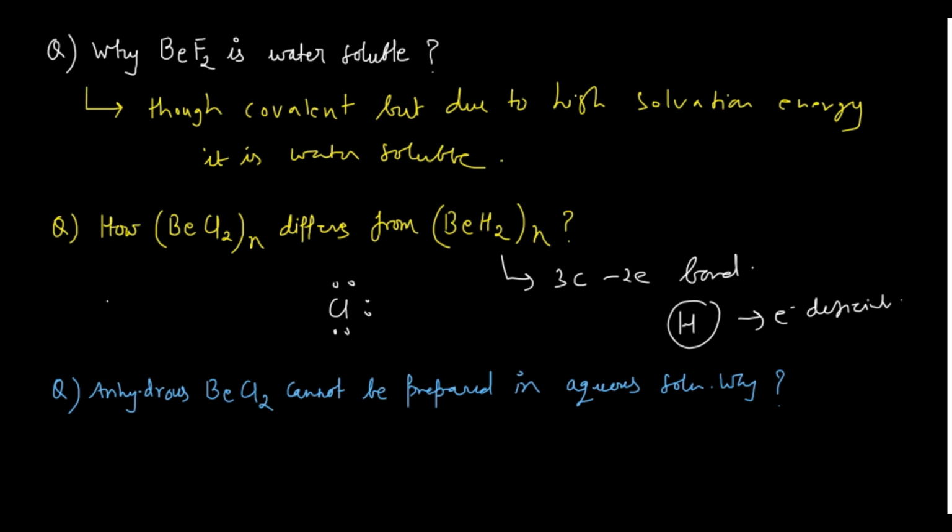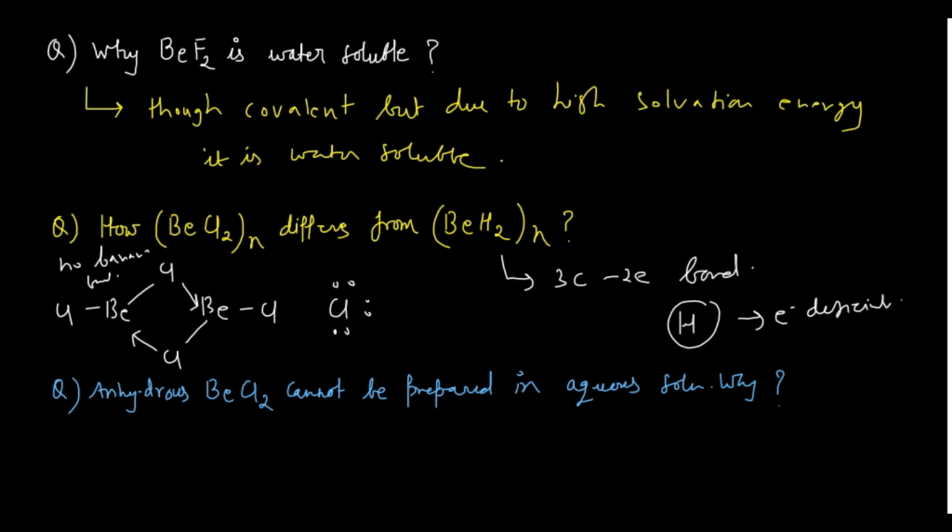the beryllium. So if I draw the dimeric structure, see beryllium here, and another beryllium here, and you are having one chlorine here and another chlorine here. So what can it do? This chlorine can donate electron to this one, and this chlorine can donate electron to this one. So actually the bond pair is coming from the halogen itself, and this is the normal bond, this is the normal bond, and then you have Cl and Cl. So in that case actually no banana bond,